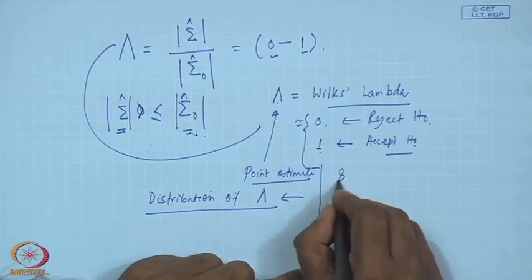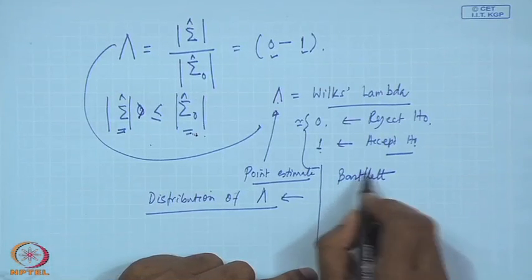Complexity is huge. You cannot get the distribution for lambda straight away, but researchers, particularly statisticians, have worked on it and found out that lambda in different transformations was made for Wilks' lambda and some distributions were found out. The two important tests or distributions were given by, one is Bartlett,